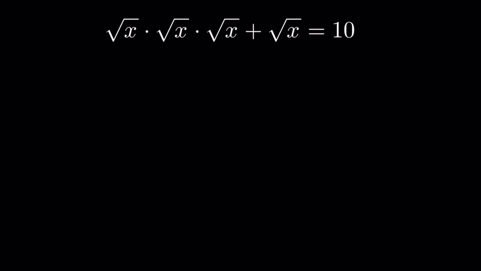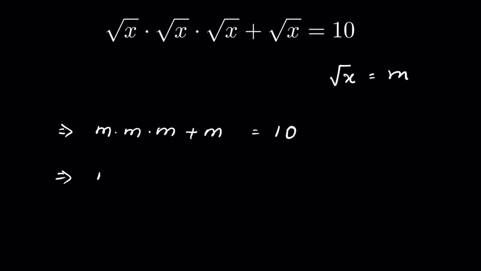Square root of x times square root of x times square root of x plus square root of x equal to 10. We have to find the value of x. Now let us consider square root of x is equal to m. In that case we have m times m times m plus m equal to 10, or m cube plus m